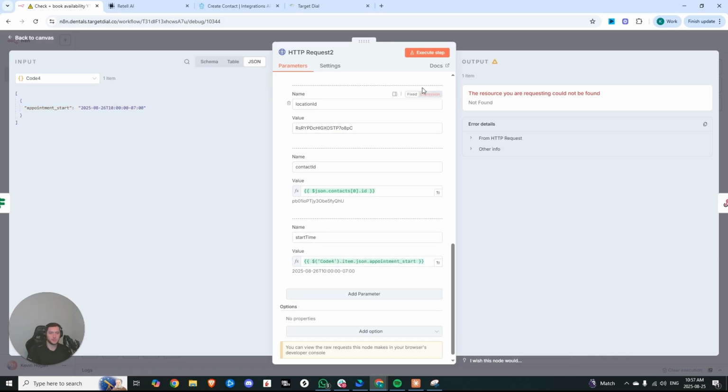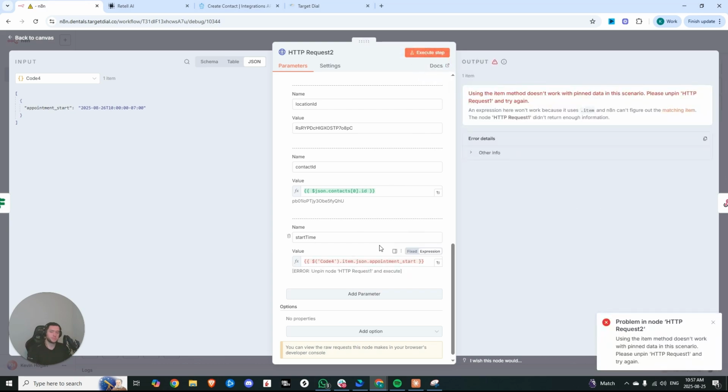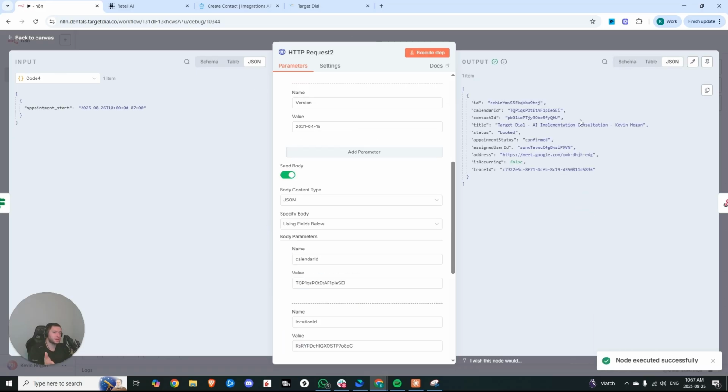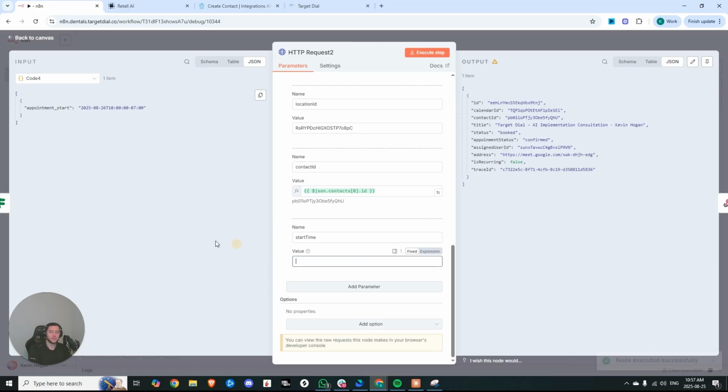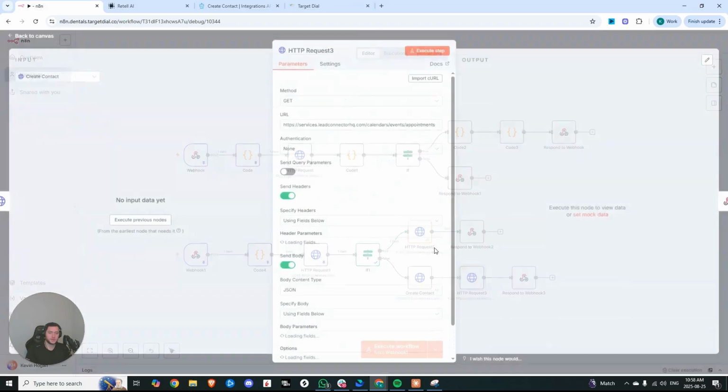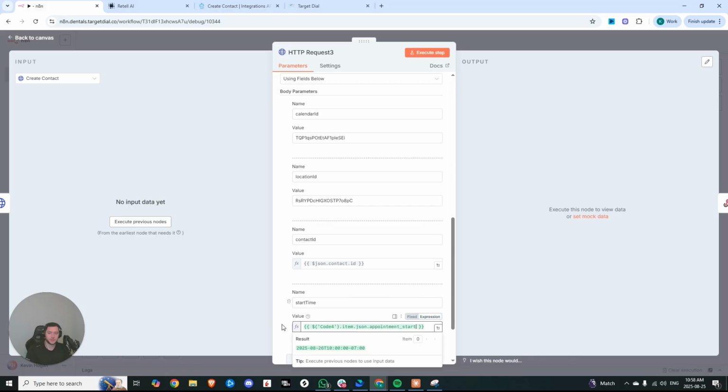There we go. If we were to test this again, it doesn't work with pin data, but if we copy just this time, just to make sure it worked, you can see that in a second, the meeting was successfully booked. So now we'll replace this start time with the appointment start. We can copy this value. We'll come down here to our other HTTP requests and we'll drop it in as well. And if you hit